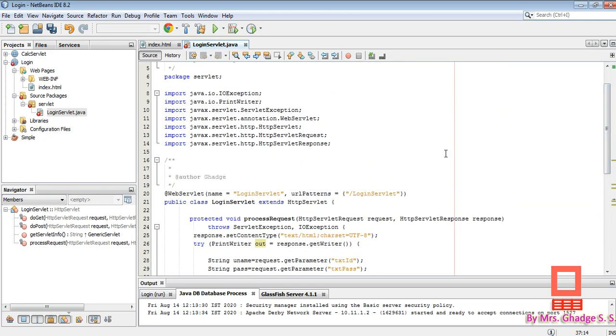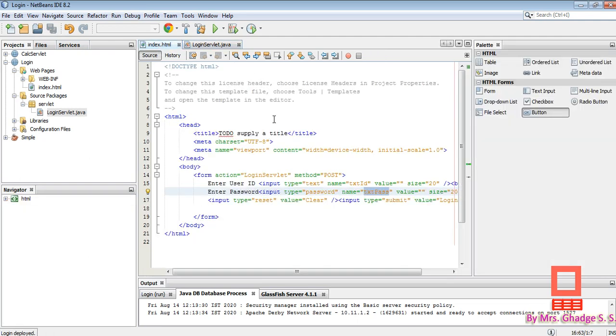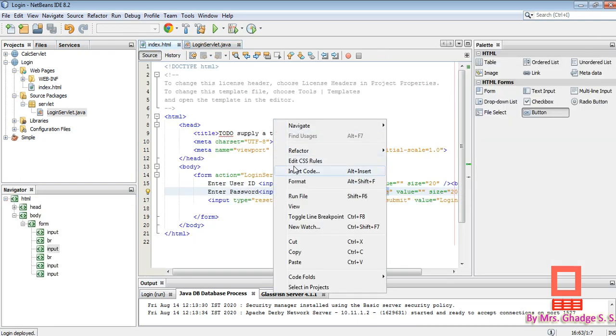Let us see the output. I think we have to save all these lines. For that, at the top you can see the Save All button, so just click on the Save All button. Then first run the index.html file. For that, right click on the file and just run file.